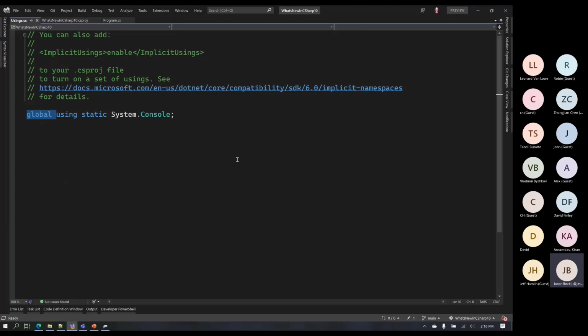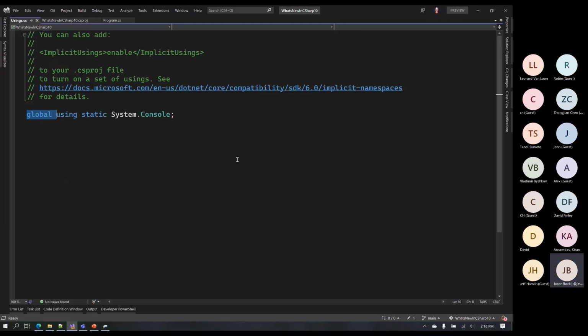How is this actually going to work in their code? But I would say if you have some namespace that you're using, quote unquote, a lot, you probably would want to use this global, because then you don't have to have that in all your files. It doesn't make any of your code faster. This isn't something that's going to make anything substantially quicker. It's just a little bit less code that you have to have in each file. Okay, so that's global namespaces.